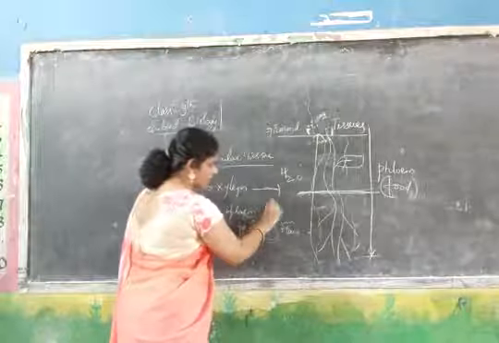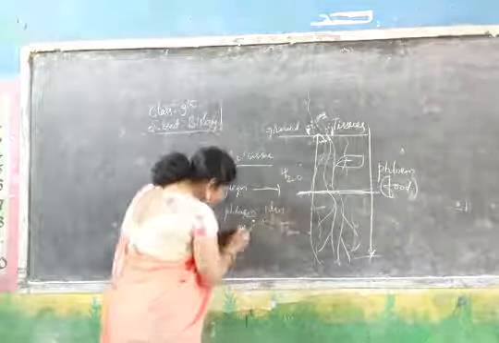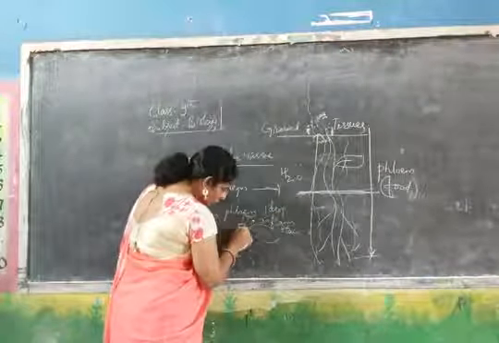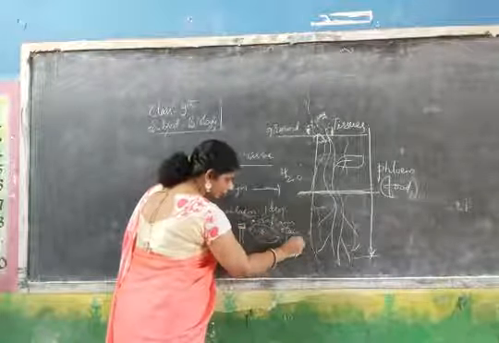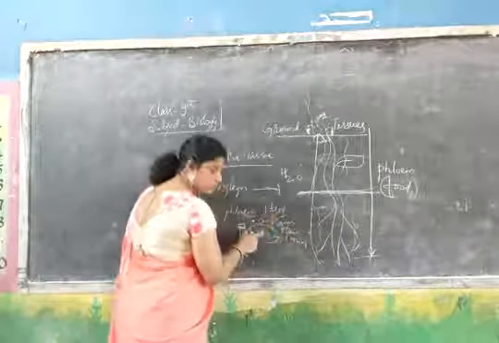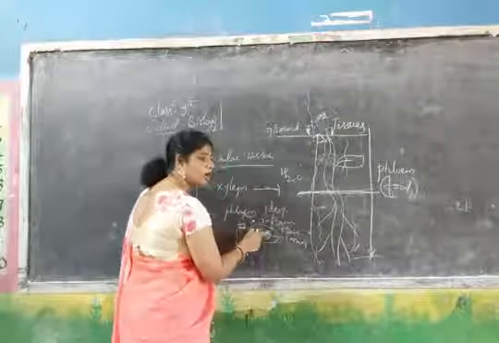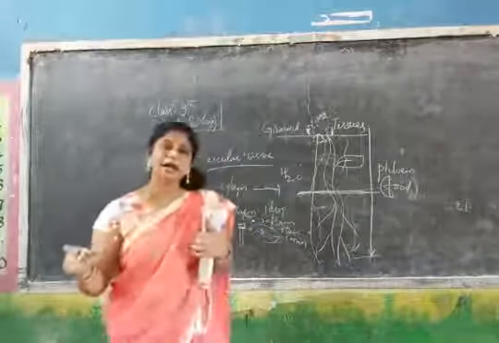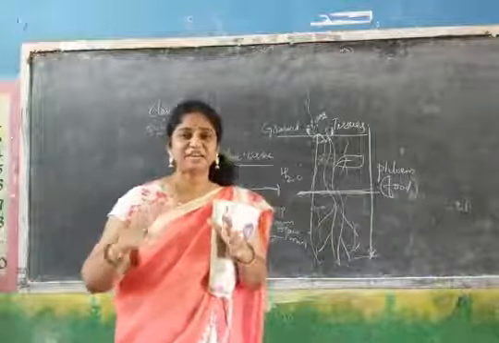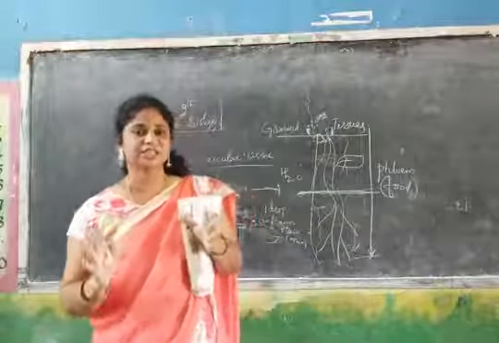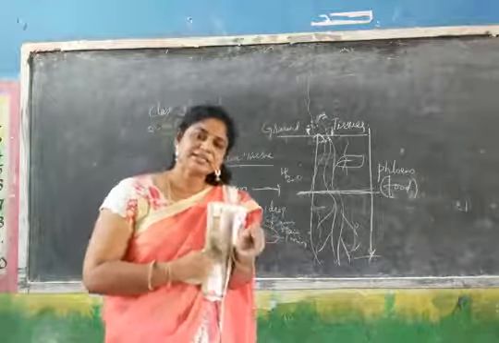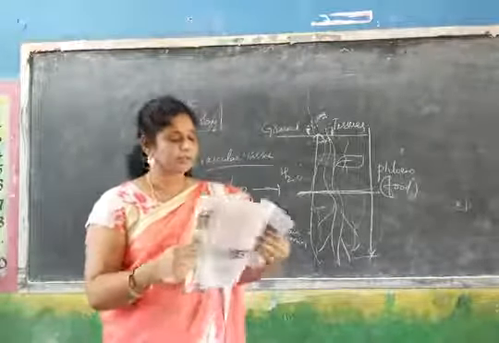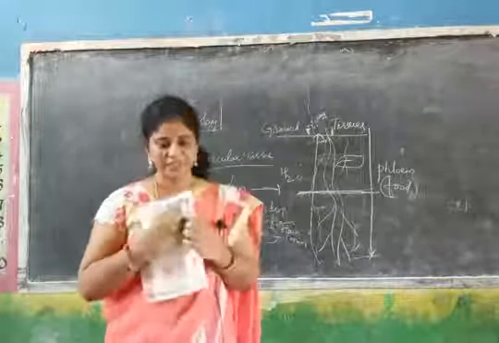Only one drop we will add. Later we will take this section of stem and place it in this one for 1 minute. This stem will absorb the pink color. So at that time we can see the complete parts, the different types of cells with their differences. We can see cells a little bit thick, colored with safranin, and in this picture we can see the complete safranin color.